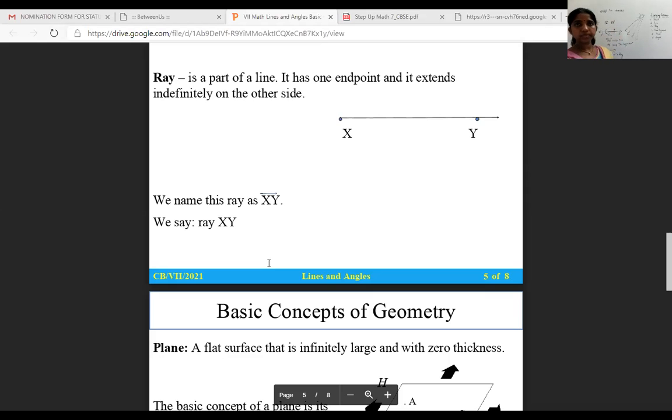Clear? Yes. Now OB is okay. In this case, OB is a ray. In this case, QB is a ray. So this is about ray. Okay. Now